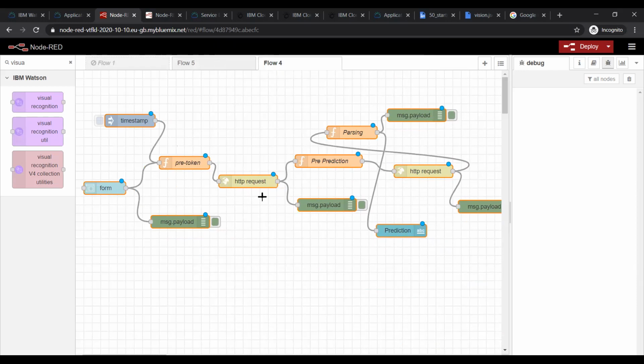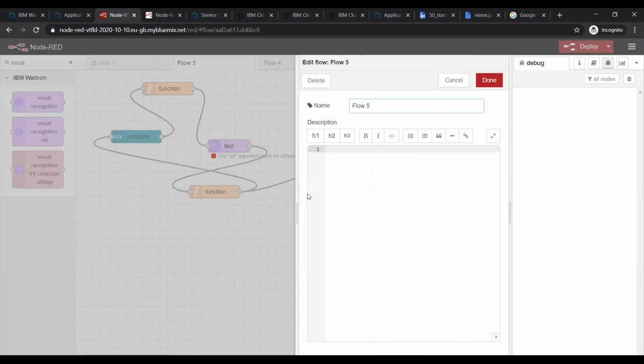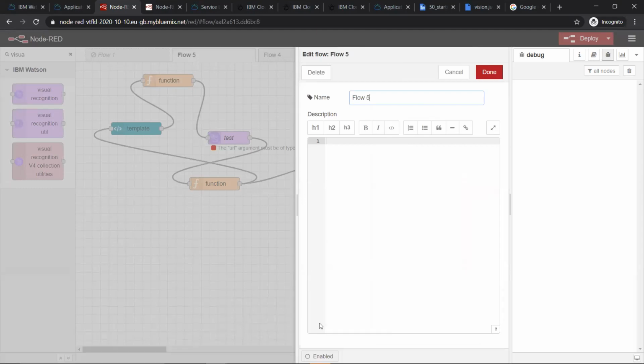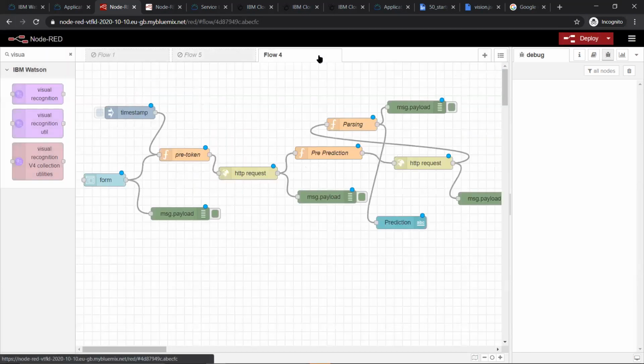I'll show you how to work with this flow, and at the same time I'll show how to create the deployment. Okay. So please disable all the flows which you have previously created. So you just double click on the flow name, then you will get this pop-up. In that, please click at the bottom, you'll find enabled, click on it, it will get disabled. Now click on done. Okay. Go to the flow. Here you have so many nodes, no need to worry. It is very simple. You will understand it very clearly.